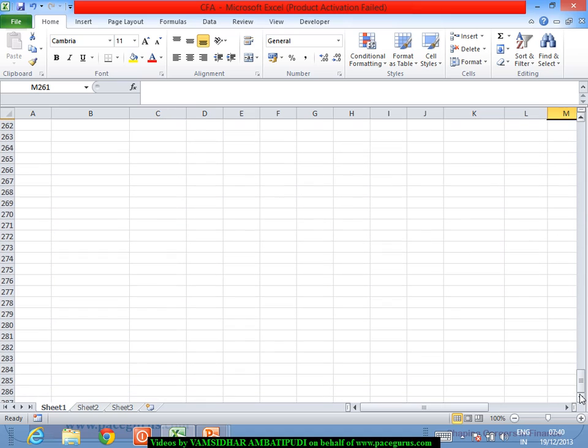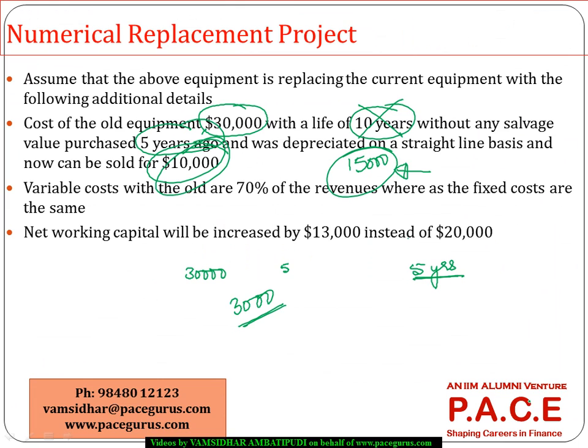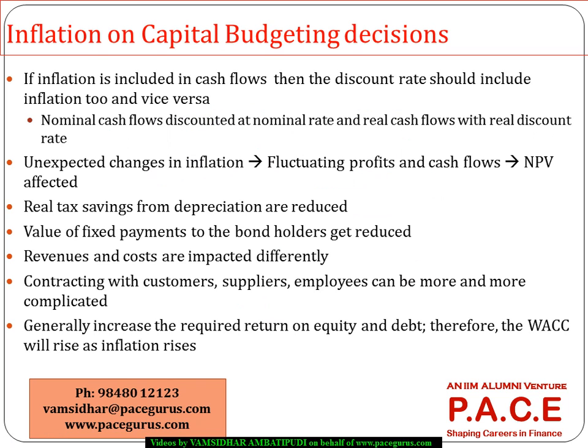Alright, now let's move further. Does inflation influence our capital budgeting decisions? Another important point to talk of. Does inflation play a role on capital budgeting decisions? And the simple way people answer to this is yes. The reason being,